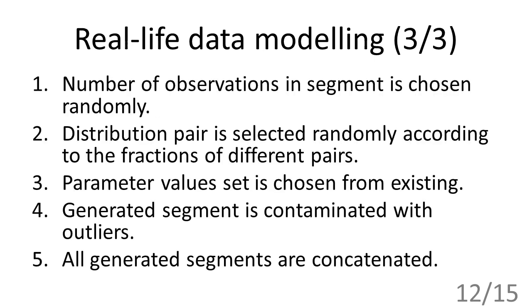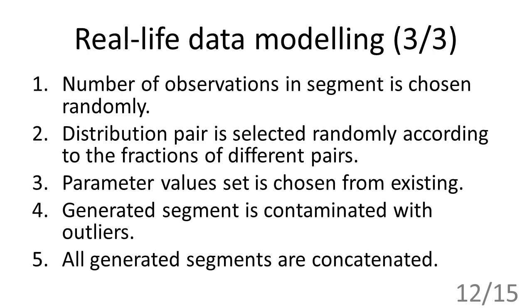So, here are the basic rules for generating data. First of all, we randomly choose the number of observations in the segment. Secondly, according to the results on fractions of different distribution pairs, we choose a distribution pair randomly. The parameter value set, however, is not generated, but randomly chosen from the sets of the same pairs in the real data segments. After we have generated a segment, we contaminate it with the outliers,